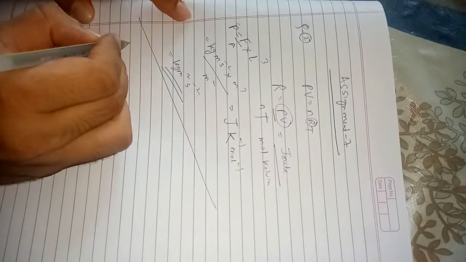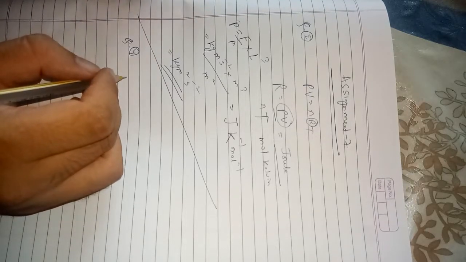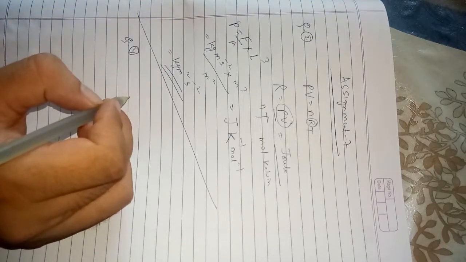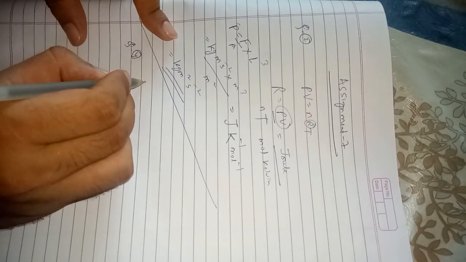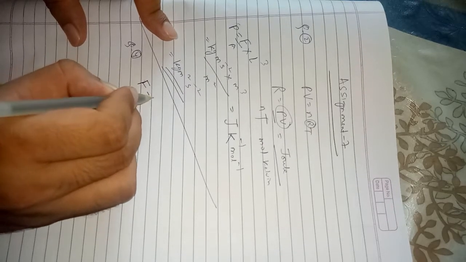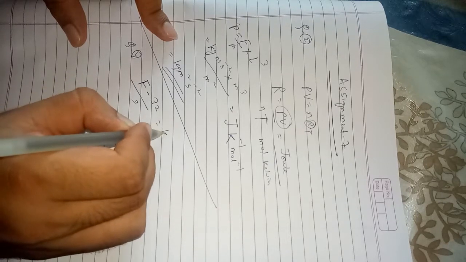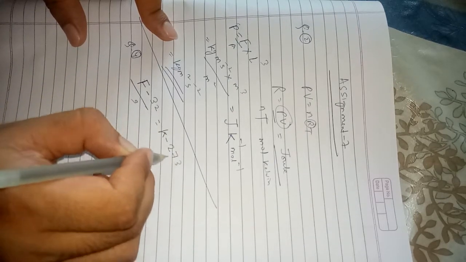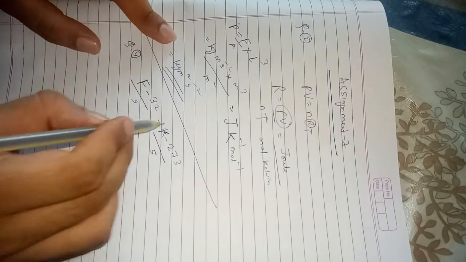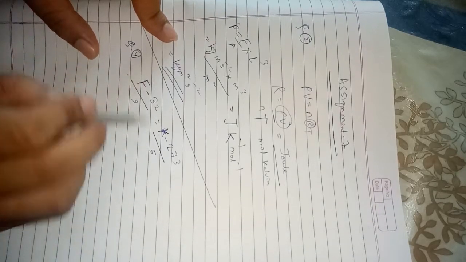So later this is question number 4. So in question number 4 we have to know that there is a relation between the Fahrenheit temperature and the Kelvin temperature. That is also taught in 9th standard and also in 11th standard in thermodynamics. But for now we will just use that relation. (F minus 32) by 9 is equal to (K minus 273) by 5. Okay, so F is Fahrenheit scale, K is Kelvin scale. So to convert Fahrenheit into Kelvin and Kelvin into Fahrenheit, this is the relation.